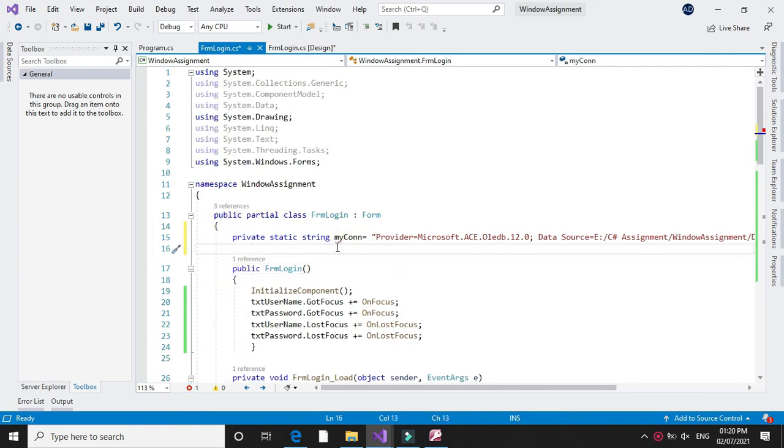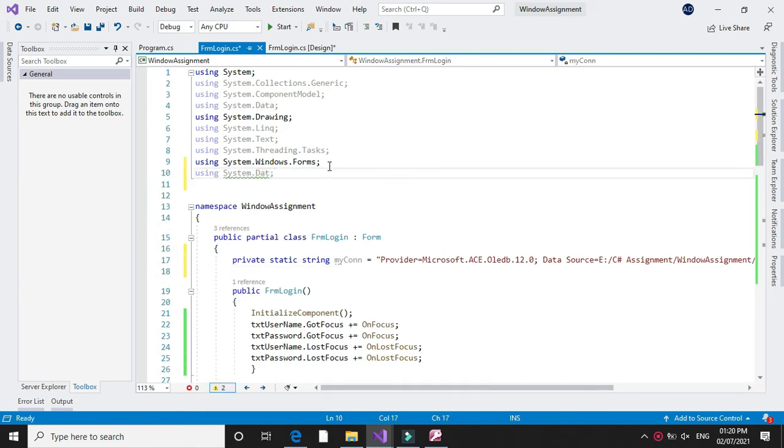Now create the object for our connection. Before this we have to use System.Data.OleDb since we are going to use the OLEDB provider.